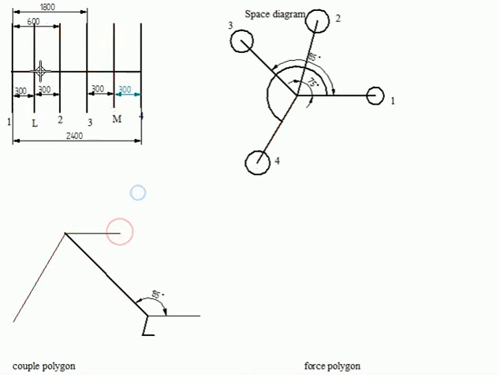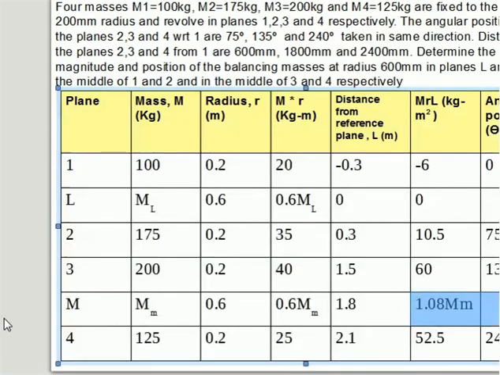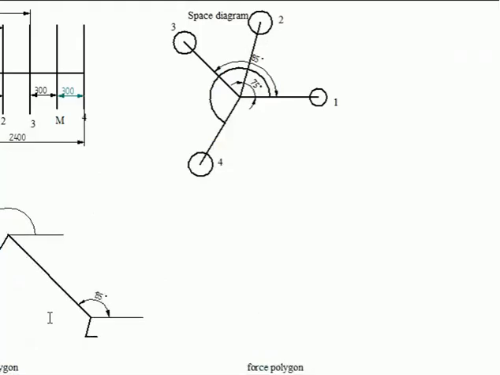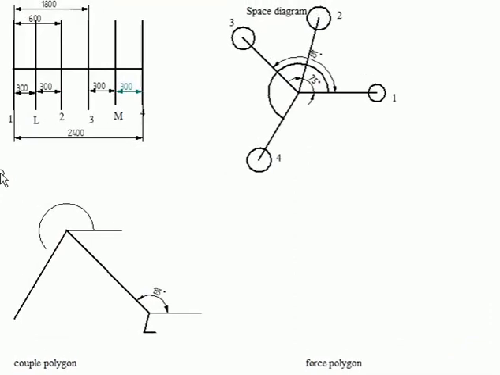That means from here this angle will be 240 degree. Now the last line, in order to get the unknown value, so here the unknown value is 1.08 times mm. In order to get the value of 1.08 times mm, you have to finish this polygon. Connect the end point of the polygon with the starting point of the polygon. Measure this dimension. This is 72.31.